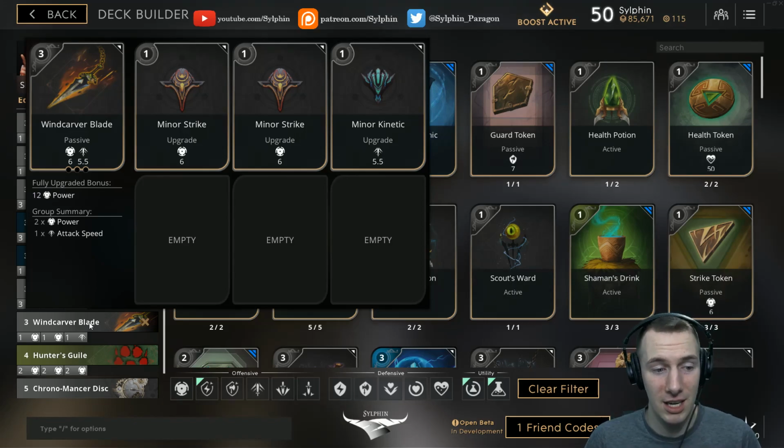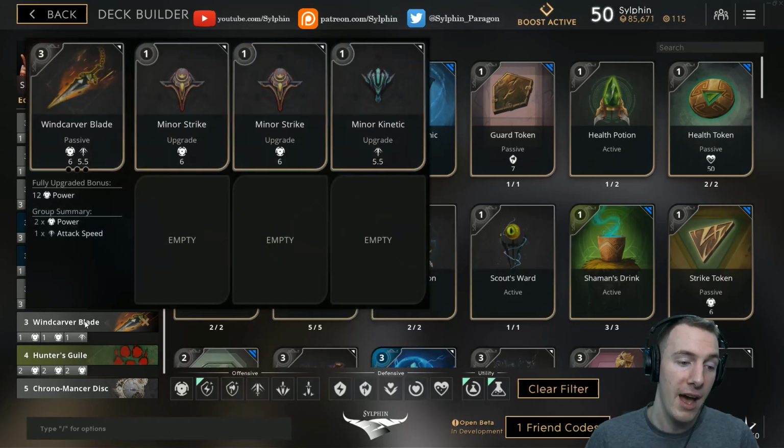This is that minor kinetic. It helps. It really does. It's only 2 CP's worth, so it's not that much. I think it really helps. After that,